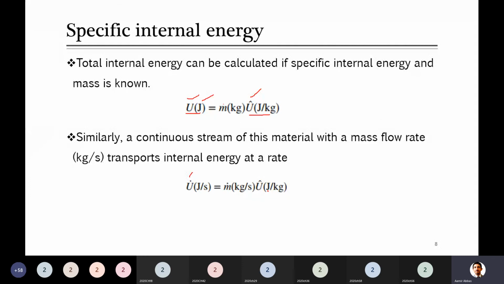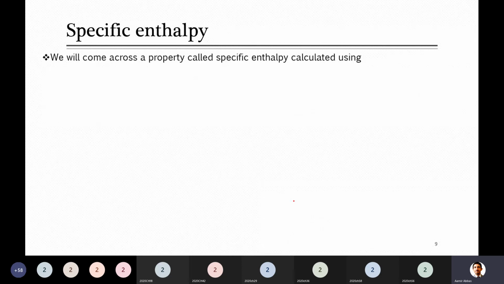This is something you already know, that we can easily report anything in flow rates, because most of the time open systems involve flow rates. So this is another terminology we have to accommodate while writing the main equation for open systems. The next thing which is new for you is called specific enthalpy.